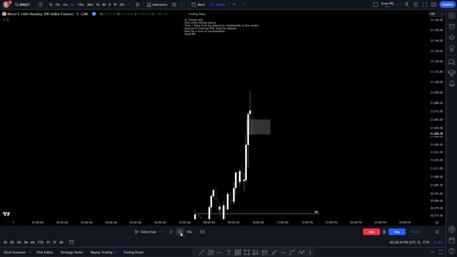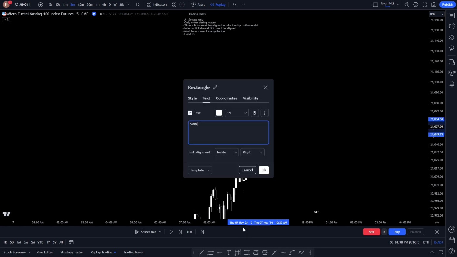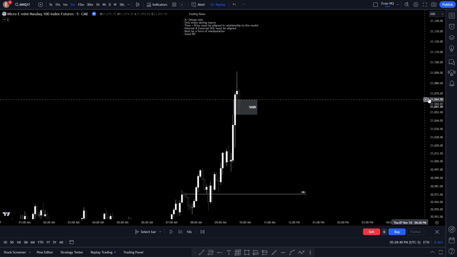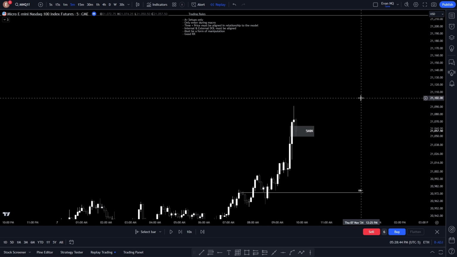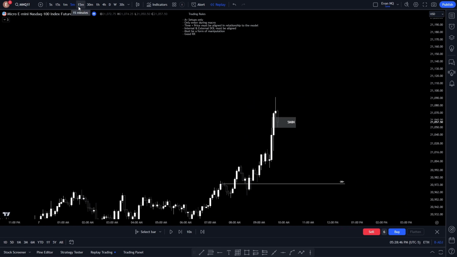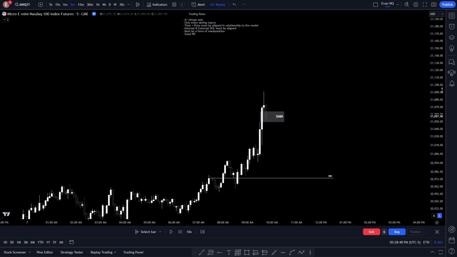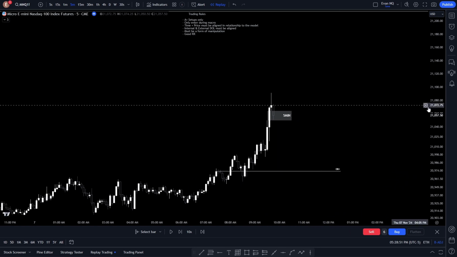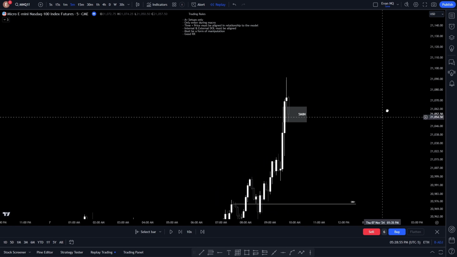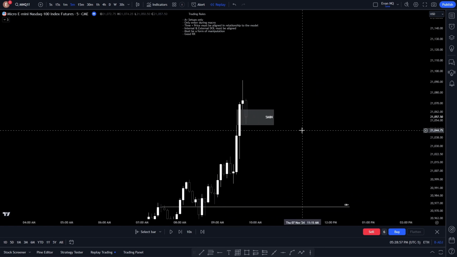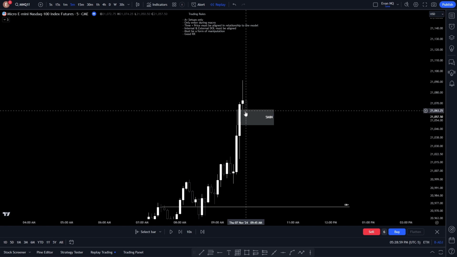Let's see. Yes. So I saw this 5-minute fair value gap form. We were forming a 15-minute fair value gap, but I was afraid that if I waited till a 15-minute fair value gap formed, I was going to miss an entry on the lower time frame because we were just constantly expanding towards all-time highs. So I saw us retrace down